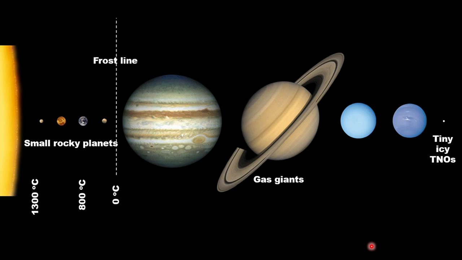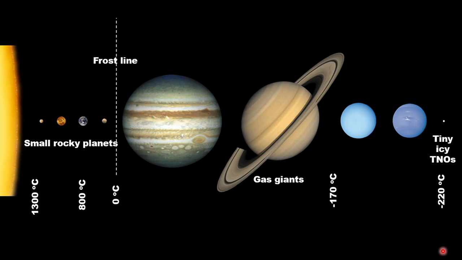And somewhere between Mars and Jupiter, you hit a point where you're far enough from the sun so that the temperature is 0 degrees Celsius. Astronomers call this the frost line because beyond that frost line, any water that's present will freeze into the form of ices. So for the gas giants, the temperatures are well below the freezing point of water and below the freezing point of many other